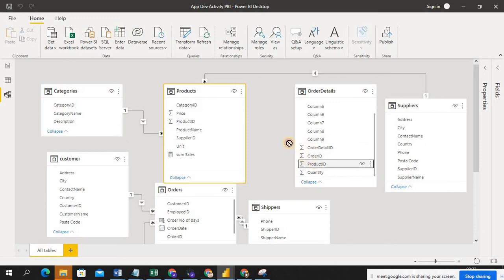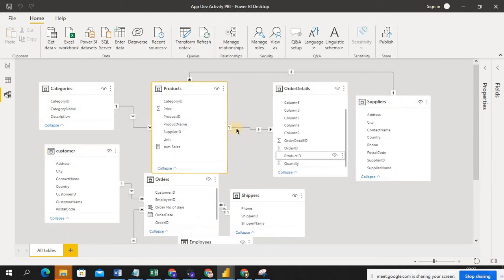Just take this product ID and drop here. See the relationship built. Either you can take this product ID and drop here, or the other one. So now I built the relationship between these two tables. Go and check in the front end.